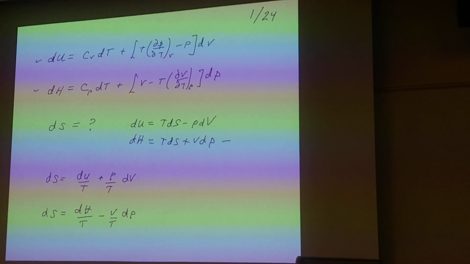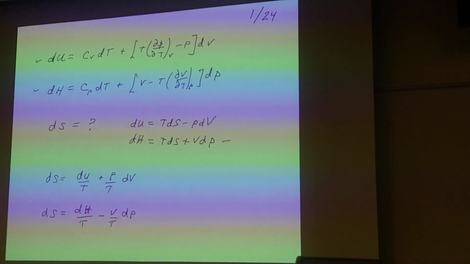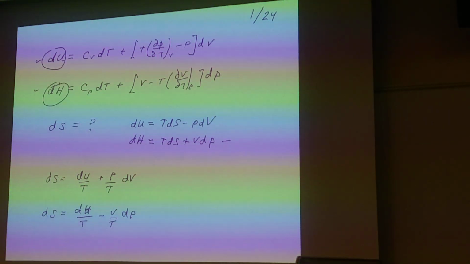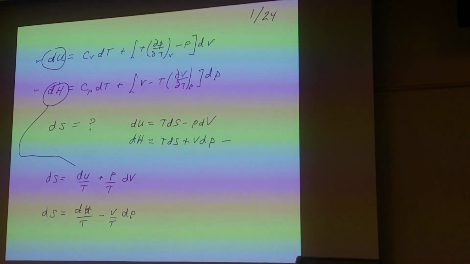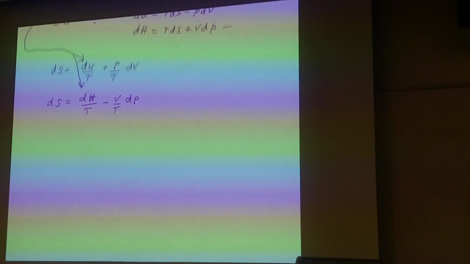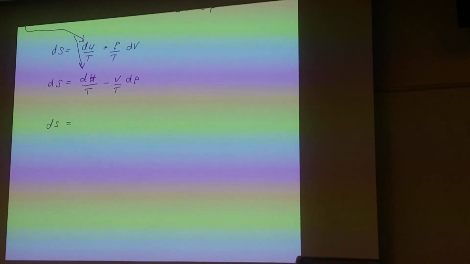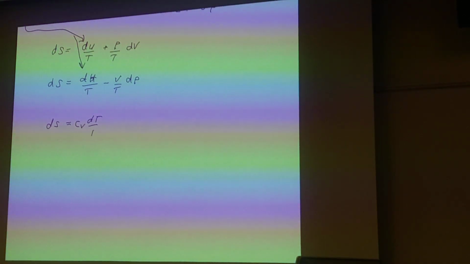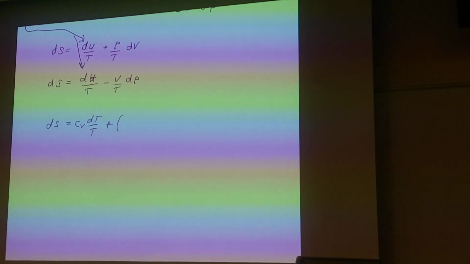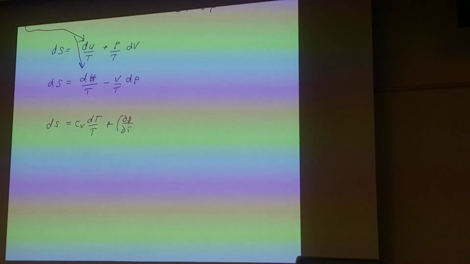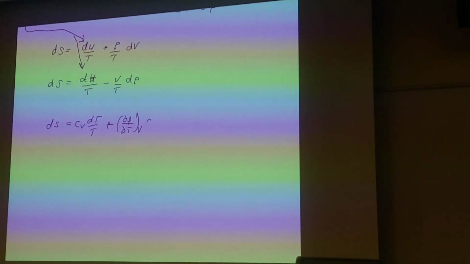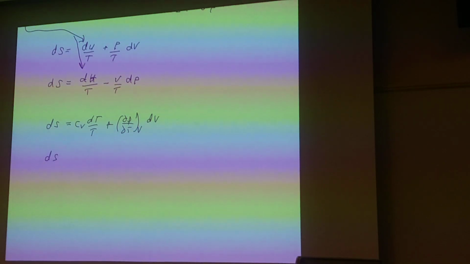That right? And so now we use the expressions we've got for du and dh to plug in here and get the final results that we want for ds, and that's what I was writing before. So ds is equal to Cv dT over T plus partial P with respect to T at constant v dv, or I can write it